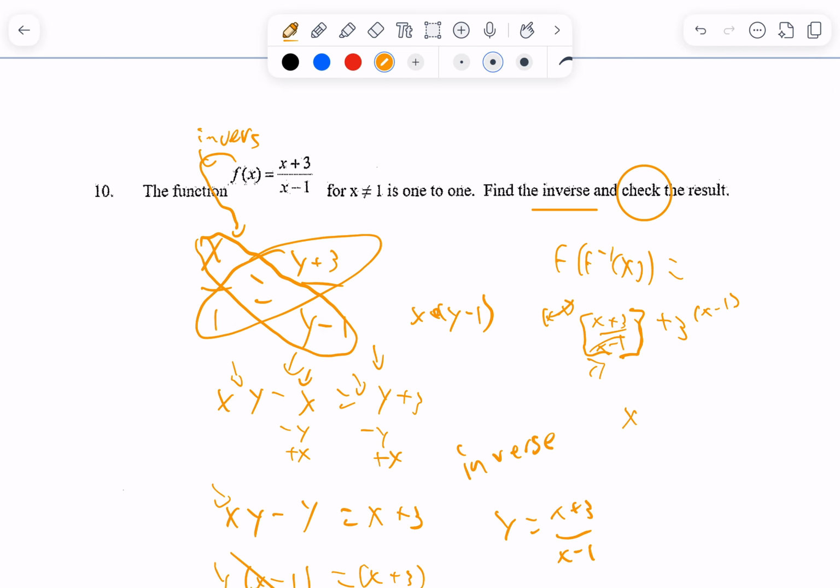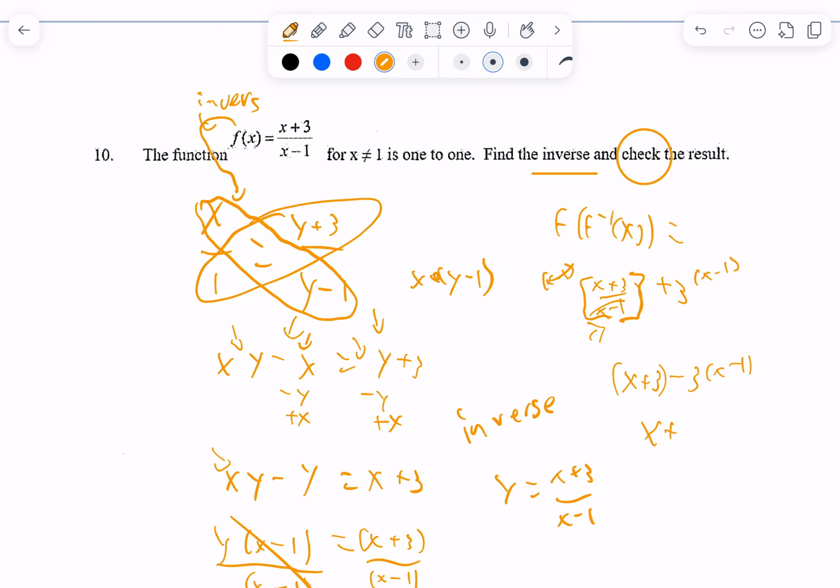So we have x plus 3 minus 3x minus 1. And then we get x plus 3